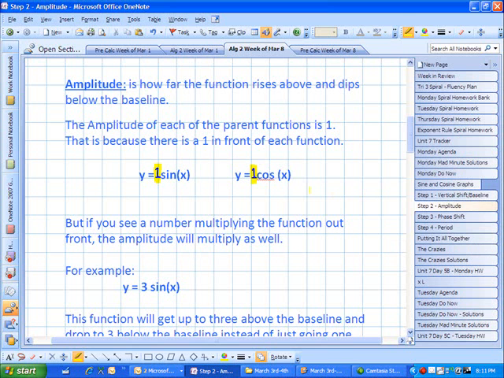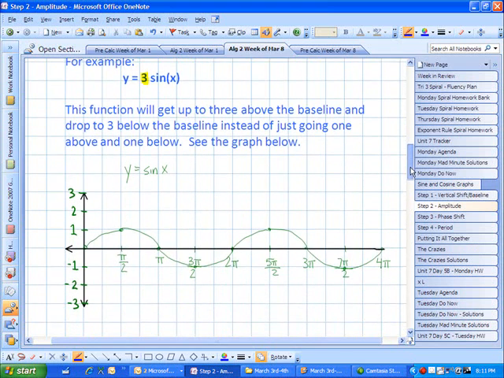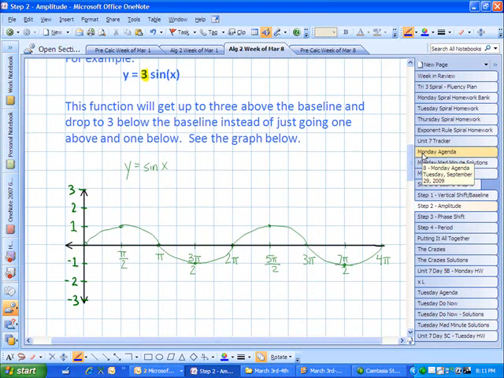However, sometimes, if you see a number outside that multiplies the function, then we have a different amplitude. For instance, this function has an amplitude of 3. The way I like to think about amplitude is the baseline is the middle of our road. If we're driving left and right, the amplitude tells us the lines we have to stay between. So, if I want to graph y equals 3 times the sine of x, what I do is,